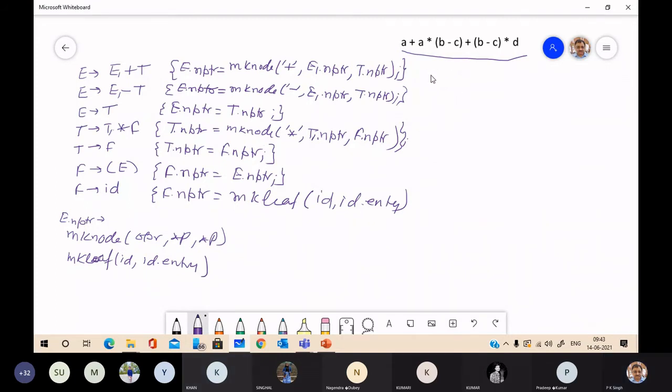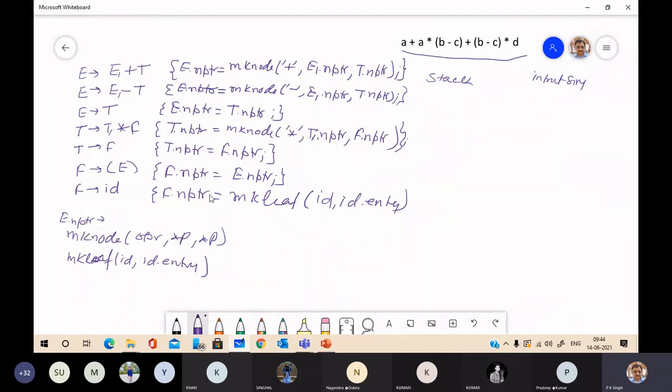Here we use a stack and input string. This input string is to be parsed. So first we have to shift A. We shift A, meaning the identifier is shifted and it is reduced to F.